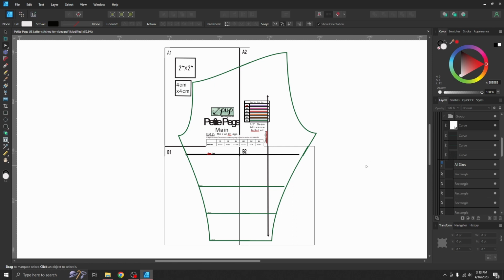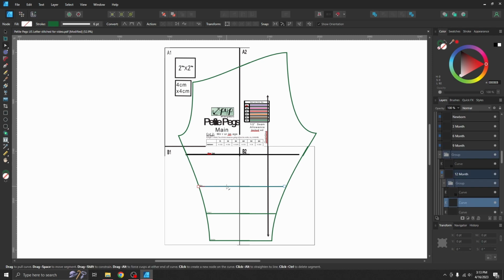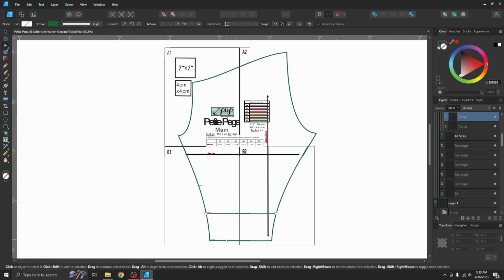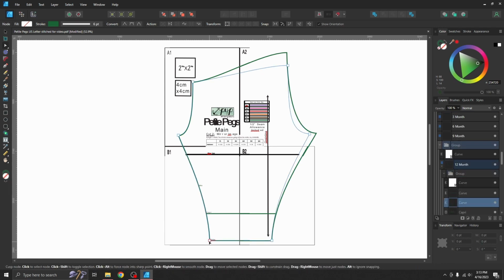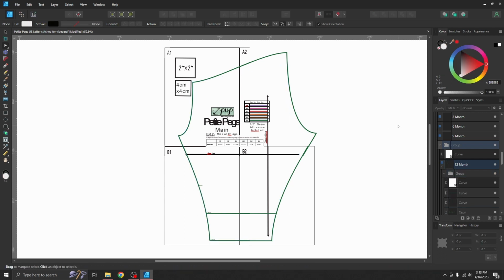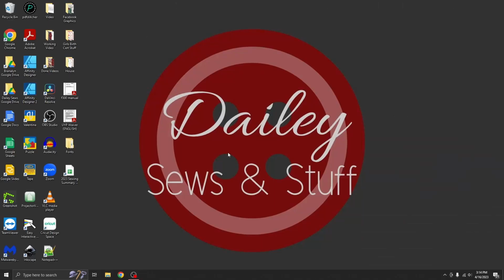You can do whatever it is that you think you need to do to have this ready. You can say, oh, I do not want to miss and cut on the wrong line. I'm just going to make sure that I delete these lines that I don't need, so that I am only looking at the things I want to look at. So many things you can do here in Affinity Designer to make this just perfect for projecting. You would export it to PDF and open it back up in Adobe to project, which again,